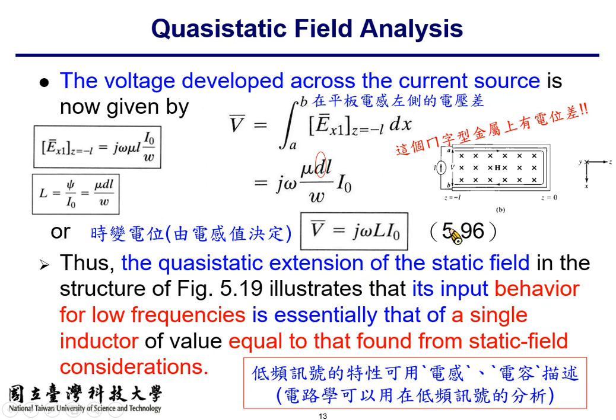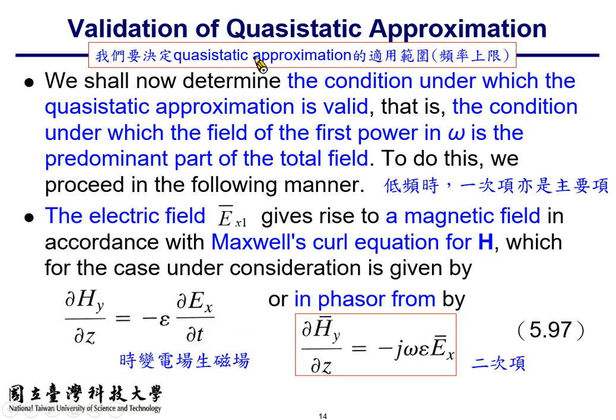So in the realm of circuit theory, you can adopt time variant signals by using inductance and capacitance to describe the phenomenon produced by time variant voltage or time variant current. All right. So the next thing is to determine the valid region, the valid limit for the quasi-static approximation. To do this, we keep on applying the